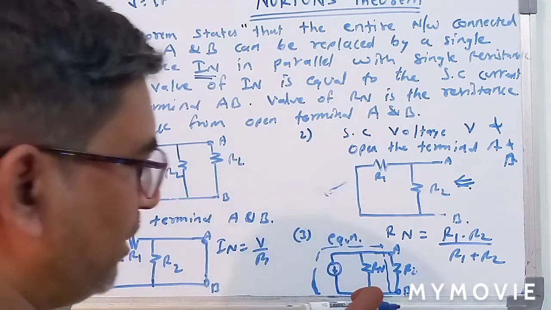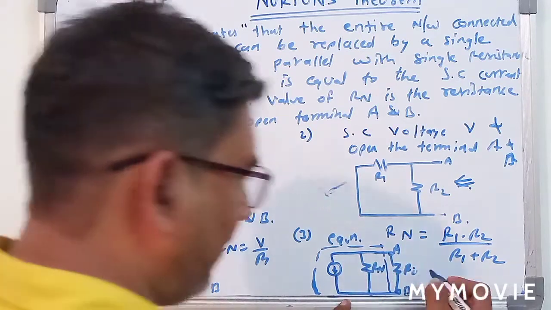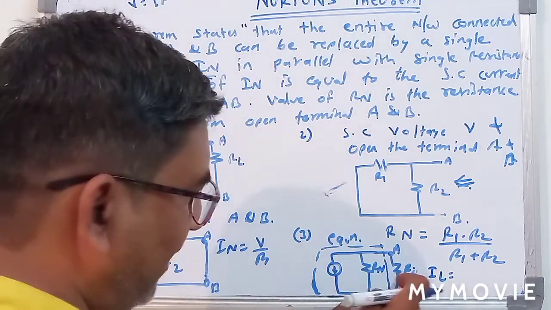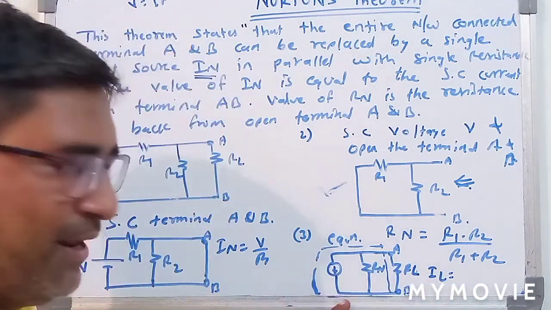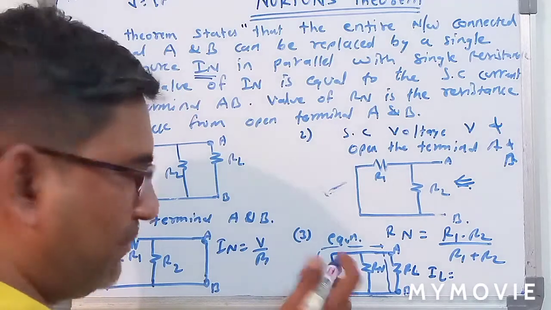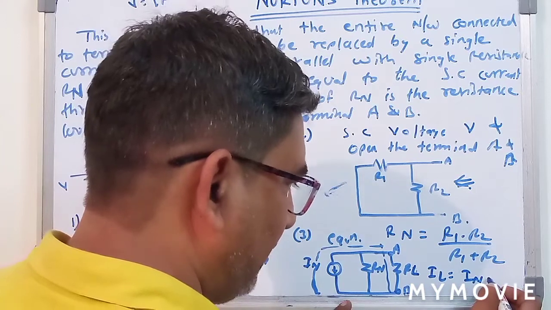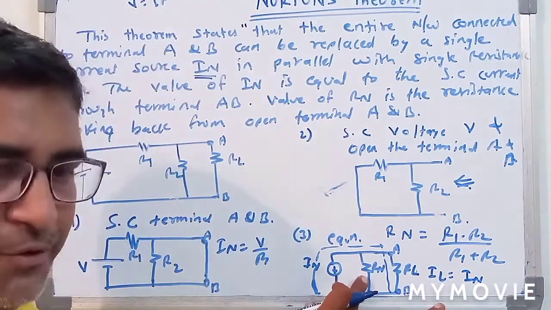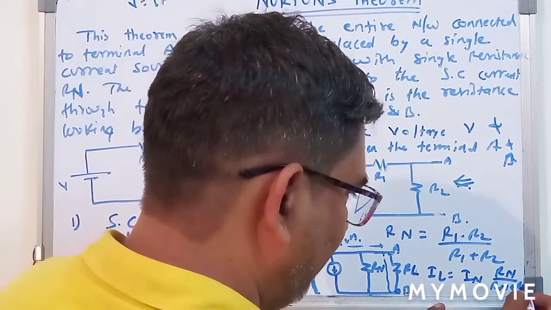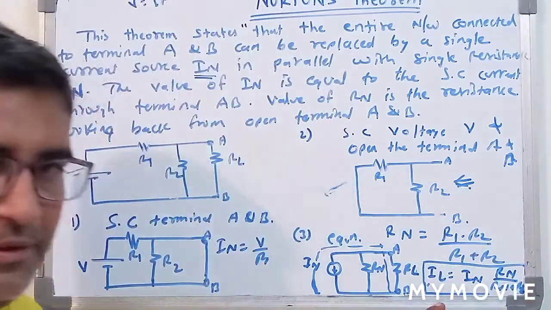Okay, from this Norton circuit, what do we have to find out? We have to find the line current. For finding the line current IL, what do we obtain? Here RN and RL are in parallel with the Norton current IN. So IL is equal to IN into RN divided by RN plus RL. This is the formula which we get at the end of the circuit.